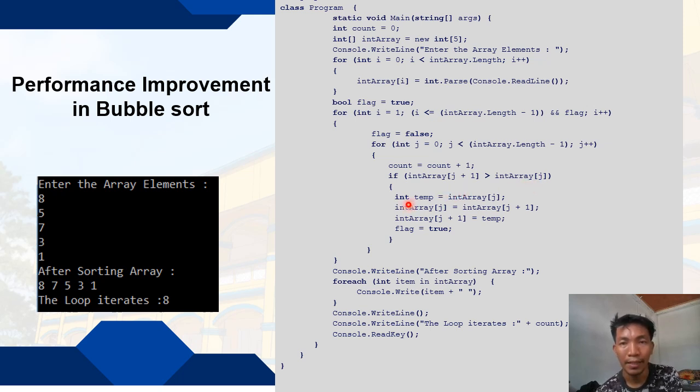From there, temp takes in the initial value of the elements being compared, and then it will have to be swapped between the counter j and the next counter j. The value of the next counter j will have to be stored in the temporary assigned value. And then from there,